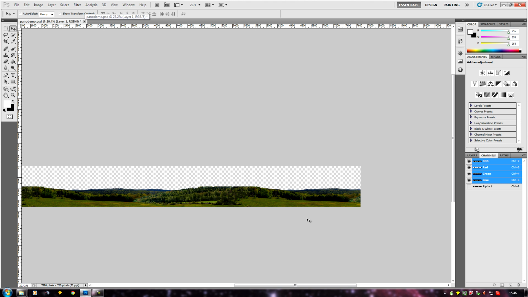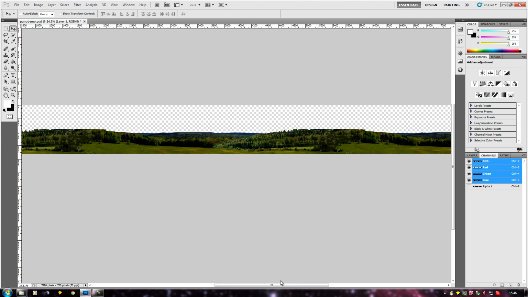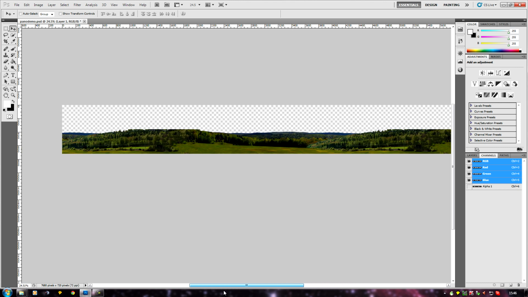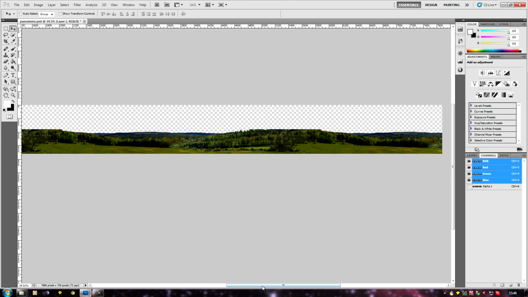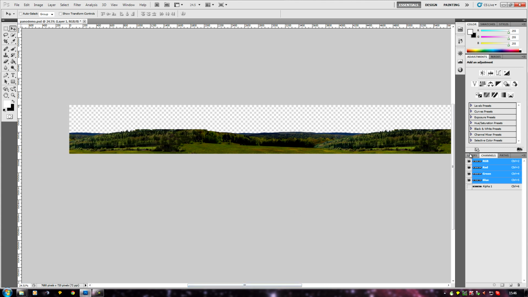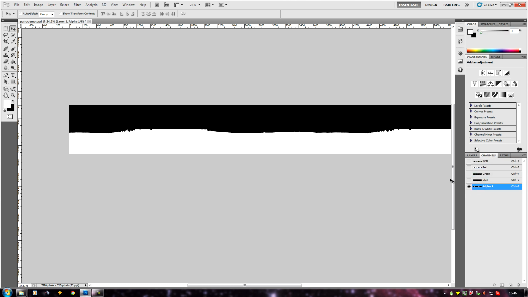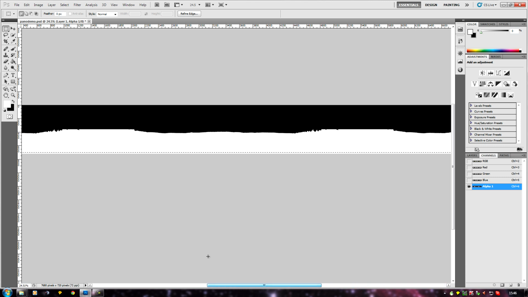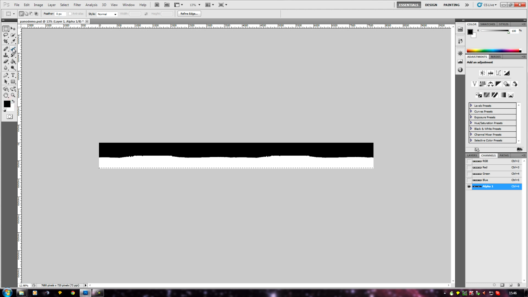Now I'm not sure if it's important, but of all the other panos I've seen, they've always had a transparent line along this bottom edge, so I usually create that as well. I've forgotten to do it this time, which is typical in a tutorial, but I can soon add it if I just select the alpha and draw a box along, just a sliver along the bottom. I'll set my brush to black, get a big brush, and whack on the transparent bottom edge like that,